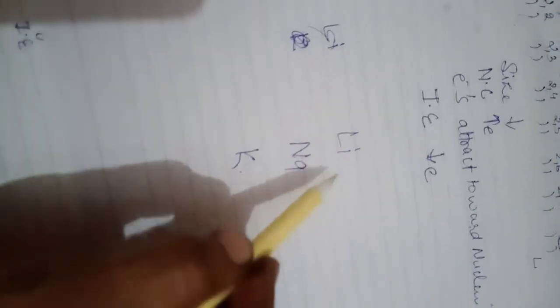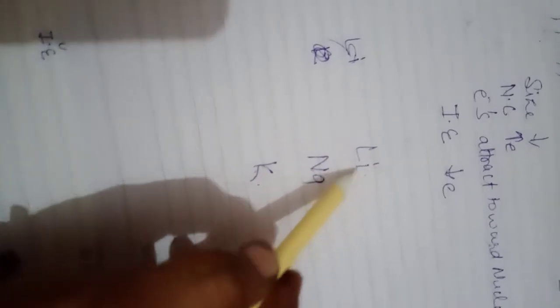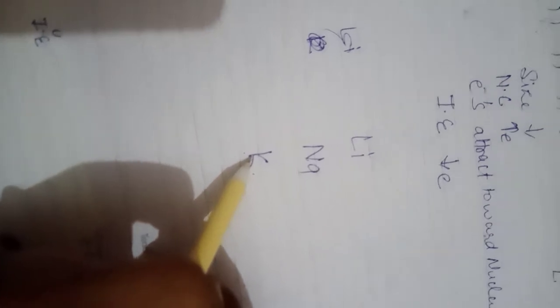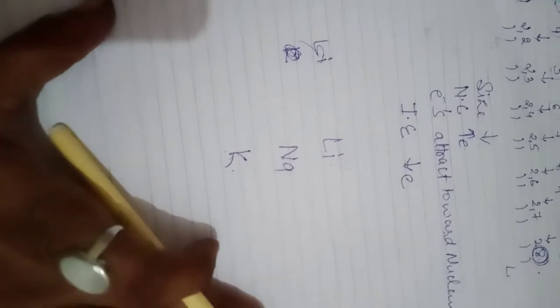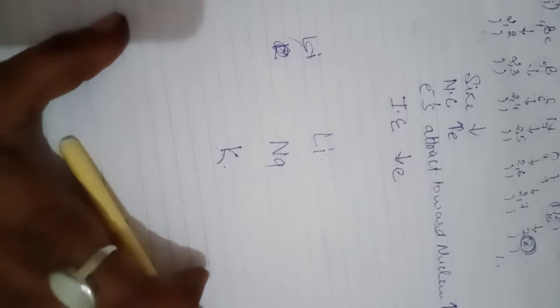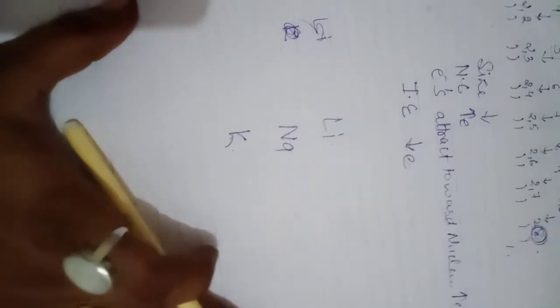Are you getting? Now children, why? What is the reason? Let us see again here. We have lithium, sodium and potassium. Children, you should not get confused. Every time I am only considering these three elements. That means these are up to period 3. Up till period 3 you have to remember. You will learn the elements for the whole periodic table, but for this chapter we require only elements up till period 3.